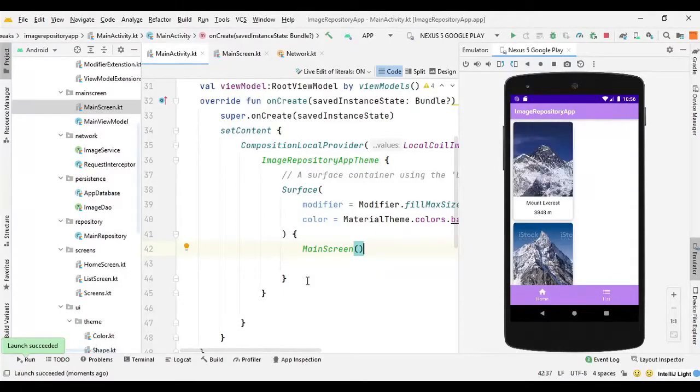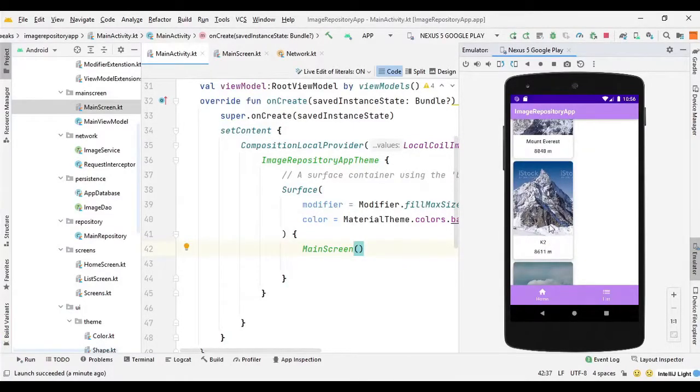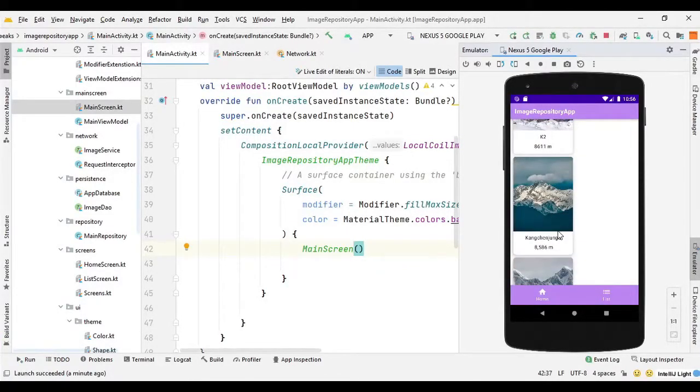So you can see that we have managed to run the app, but not the way we wanted, but at least we got something running, and it seems like it is a problem with maybe the staggered vertical grid, something I missed. Maybe it's the width of the image. So yeah, we were able to run the app.